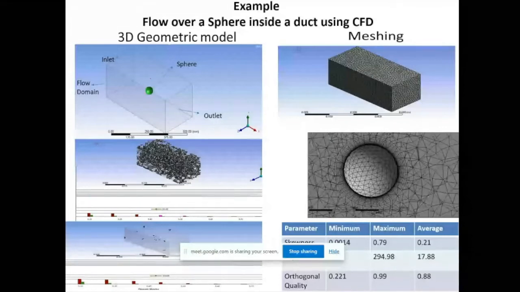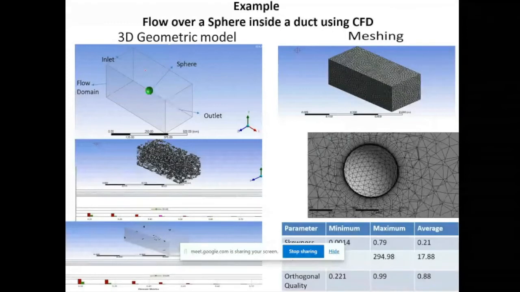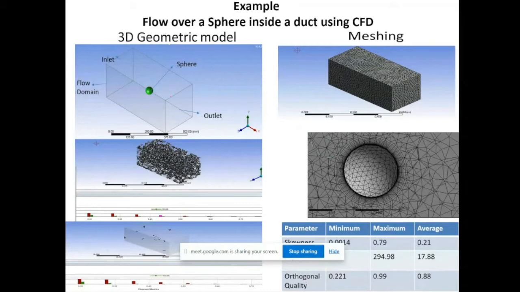So first we need to see what the flow distribution is across the sphere. This sphere is one case, where the sphere is stationary, and another case I will show you once this sphere is being rotated. But the first thing is you need to model both things, this rectangular channel and the sphere. Then you have to subtract this sphere from the rectangular channel,